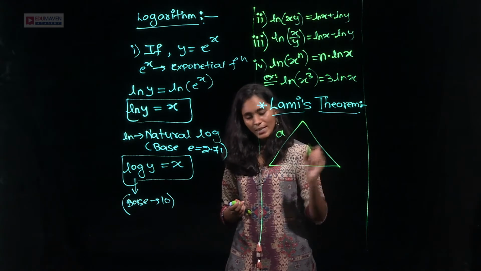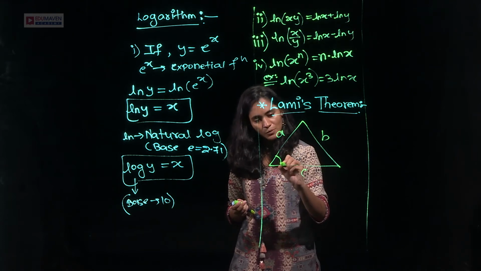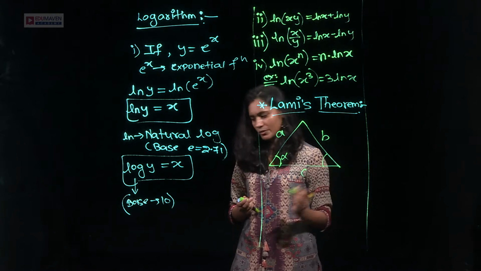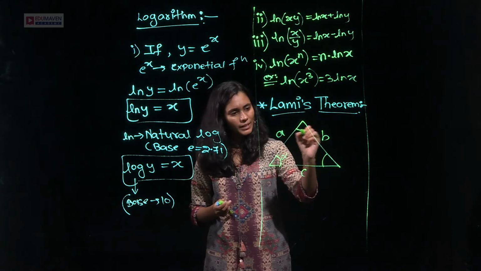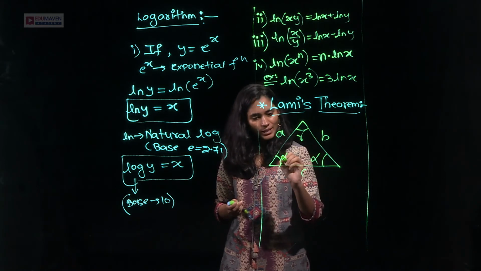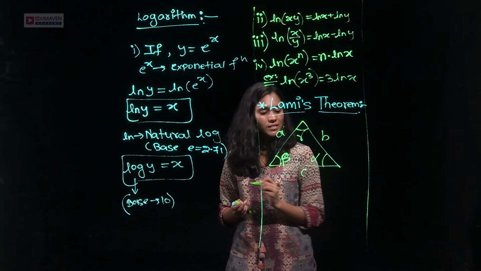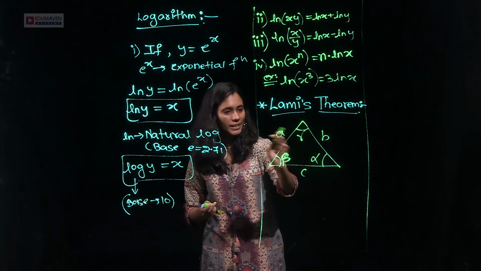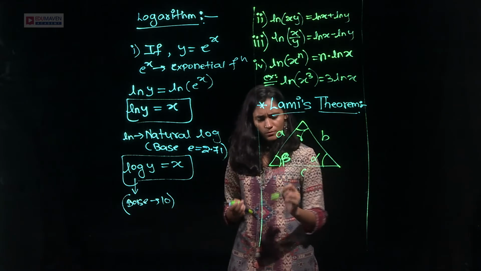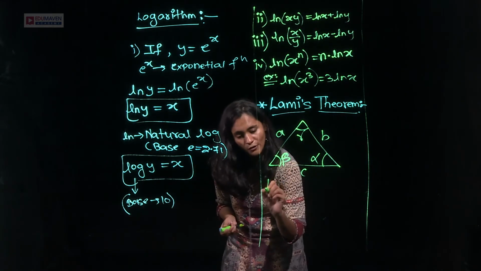Let me call this side A, this B, and here we have C. This angle is, say, alpha, and for example this is gamma, or let me take this as alpha and this as beta, so that we can write in an easy format. It's easy to remember if you take alpha opposite to side A. So now here you can write this formula, which is known as the law of sines.